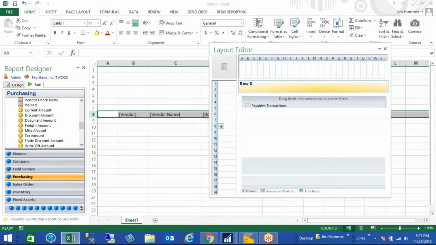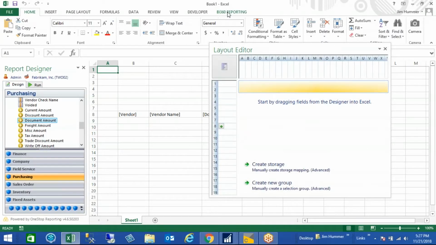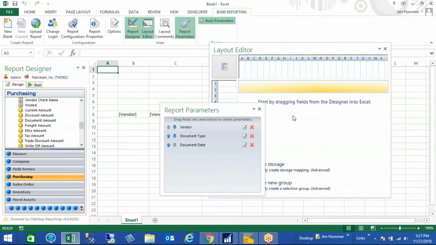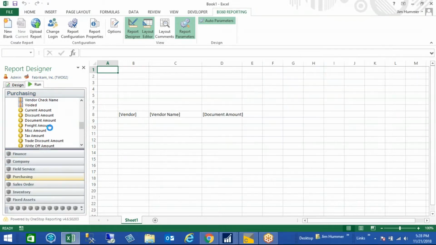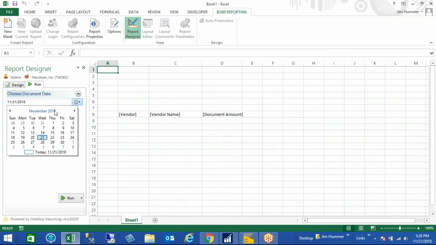So now if I run this, it produces a parameter. And actually, I have the doc type. I don't really want that. To do that, I can go up here into my report parameters, and I can just delete that. And also, I can delete my vendor too. So now if I do this, I just have my document, and I can go up here to 2013,